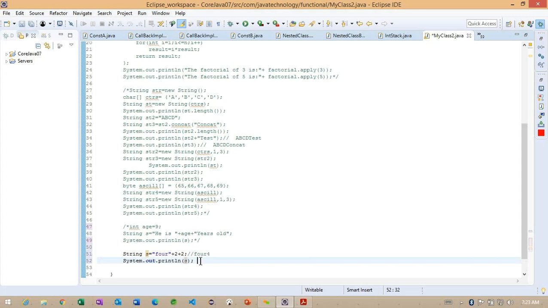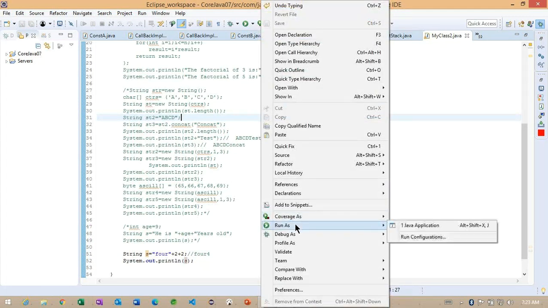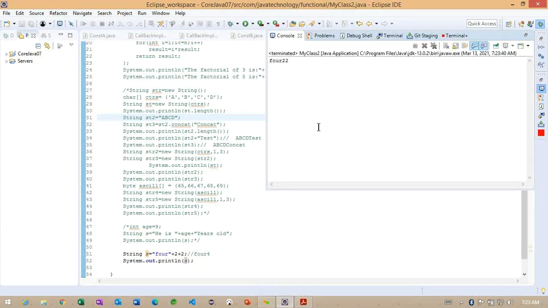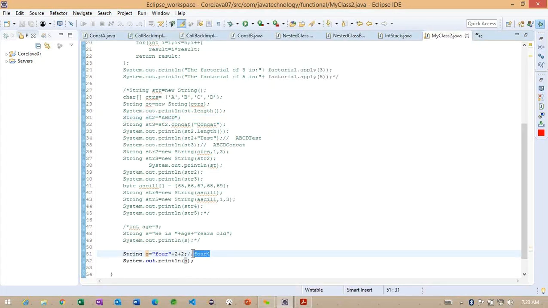Getting the point? Now if I am trying to print the same, what are we getting here? We are getting 4 22 here. But what are we expecting here? 4 4. Getting the point?